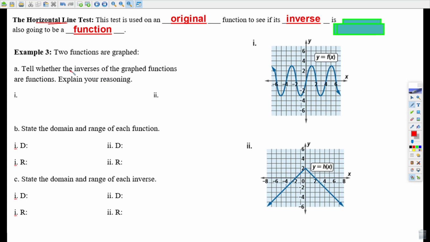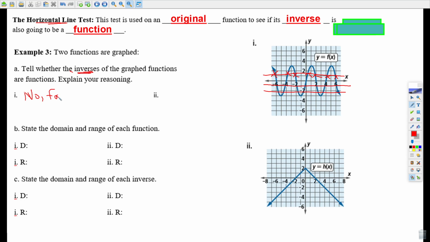So the question is, is the inverse a function as well? We're going to use something called the horizontal line test. We go across this way, and if you ever hit more than one time when you draw horizontal lines, then you know that the inverse would not be a function. This is hitting so many times it's ridiculous. So we would say, no,